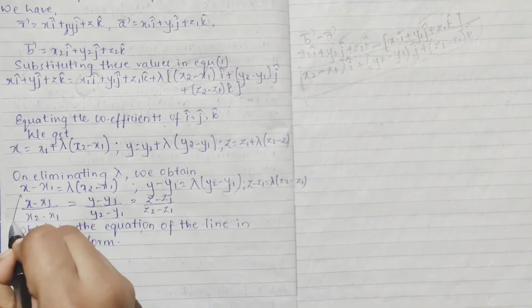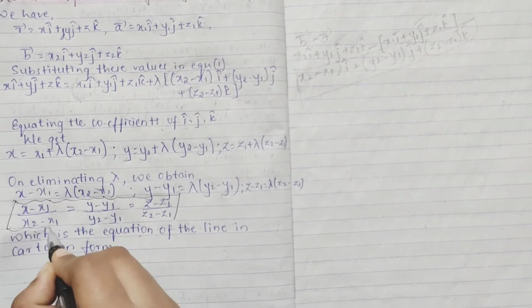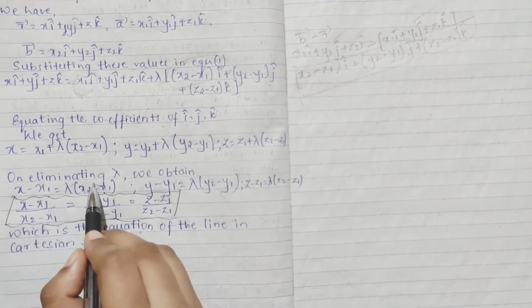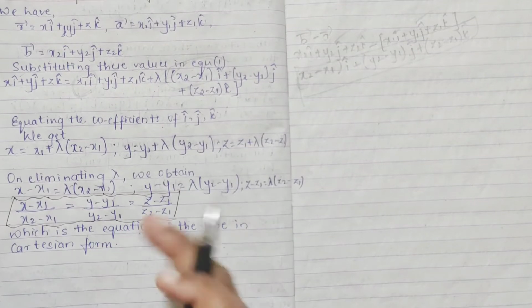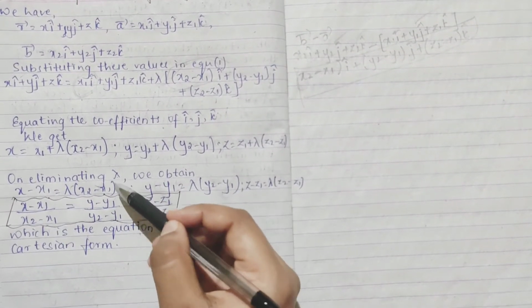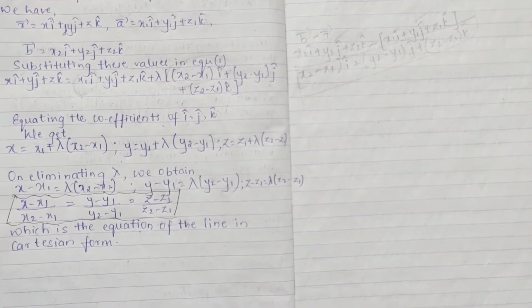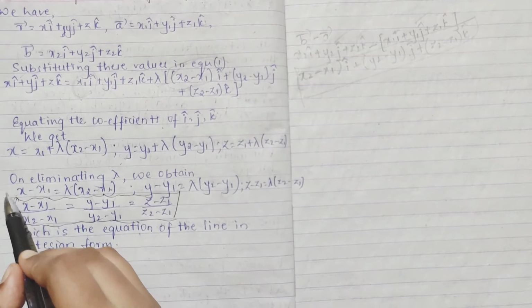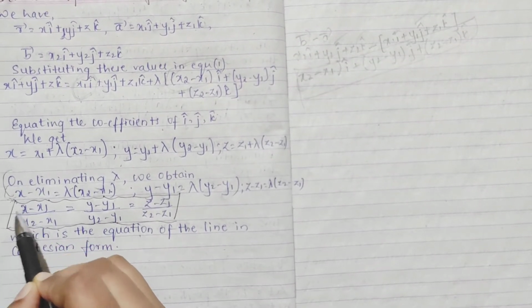You have to remember this. How we have eliminated, I have shown you. Just eliminating means this goes to the denominator side. But actually when you write on eliminating lambda, you shouldn't write this step. Before eliminating, write this step and then you write on eliminating lambda, okay. That will be good. First write this step here, then write this step, and then this equation comes, okay.